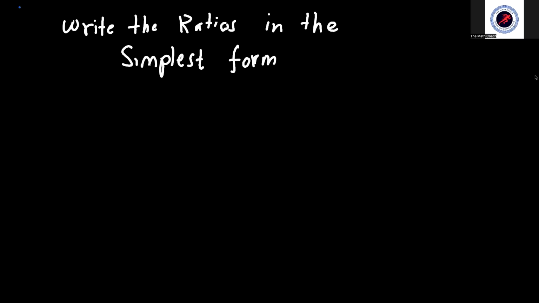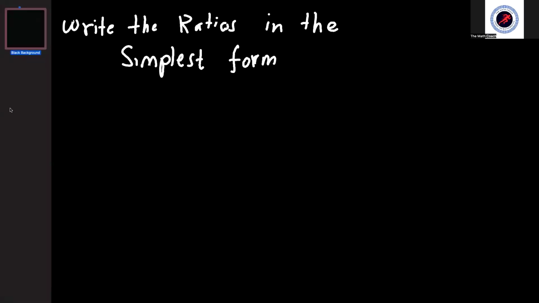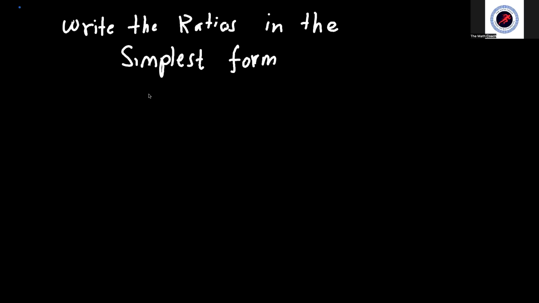If you have been given a question to write the ratios in the simplest form, and you are given this question as 5 is to 15, how would you make this into the simplest form? The answer is simple. 5 and 15 are factors of each other, factors of 5 actually. So if you want to simplify this into the simplest form,